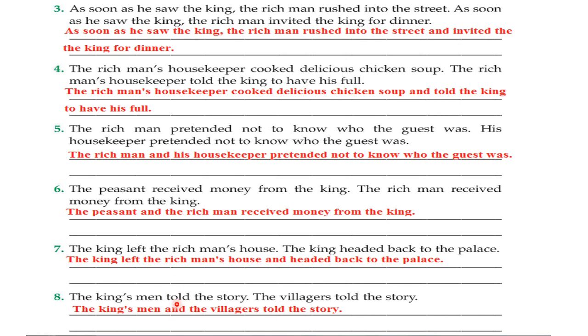In number 8, the king's men told the story. Who told the story? The king's men, or the men of the king. And in the second one, the villagers told the story. Who told the story here? The villagers. So here we have the same verb and the same predicate, but two different subjects. So, the king's men and the villagers told the story. So this is how we combine